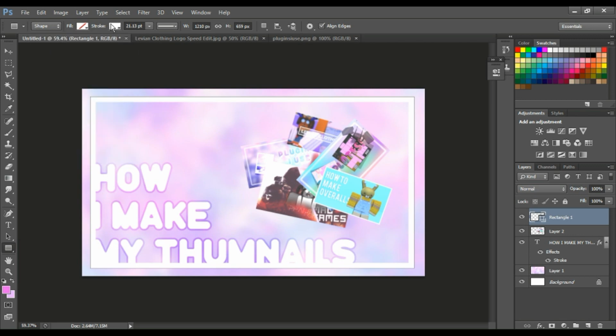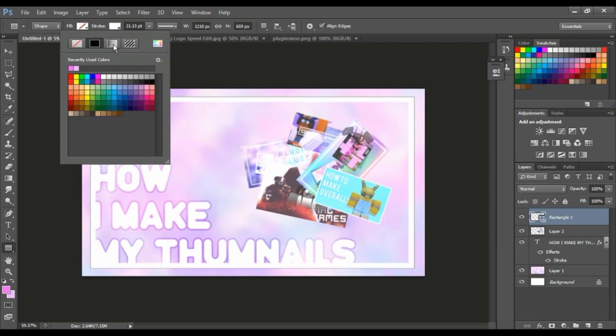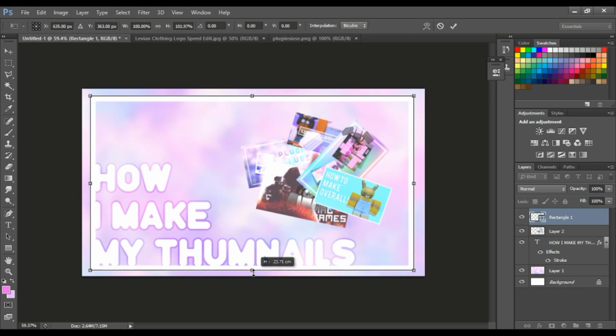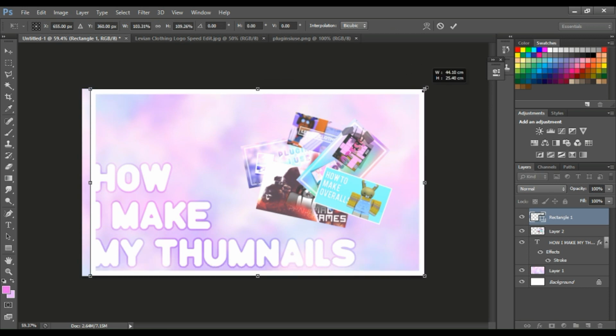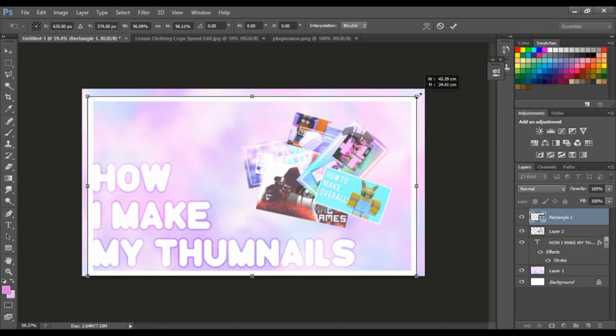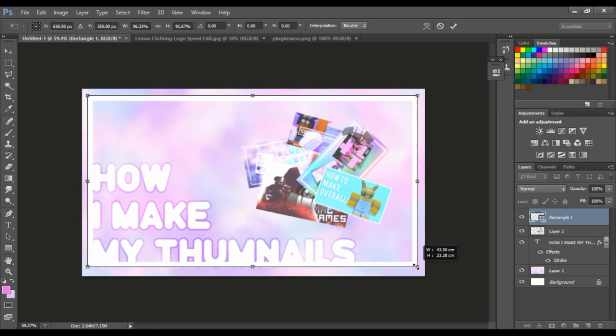So here I'm just adding a frame like I said before, and it makes it thicker, and I'm just adjusting it so it doesn't look uneven. And I'm kind of thinking if I should just make a border or a little frame with spaces in the side. I don't know, but that's what I did for this part.